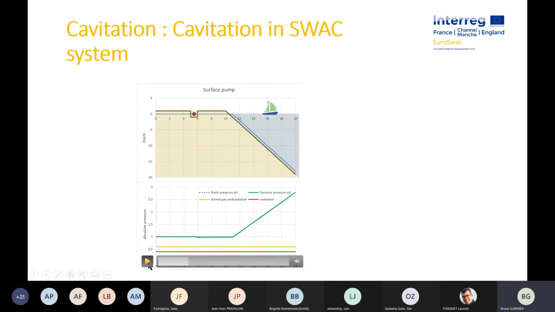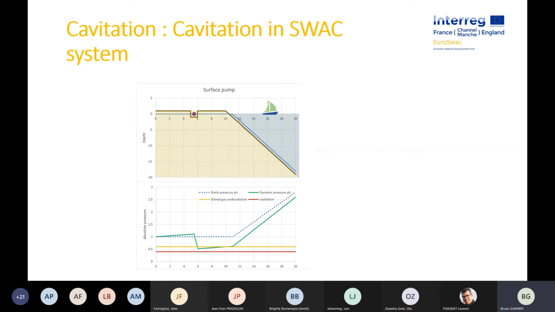As we increase the speed of the water, the pump creates an overpressure on the coast part of the pump and an underpressure on the sea part of the pump. Here we have reached the yellow line, and the yellow line means that the salt gas that are inside the water